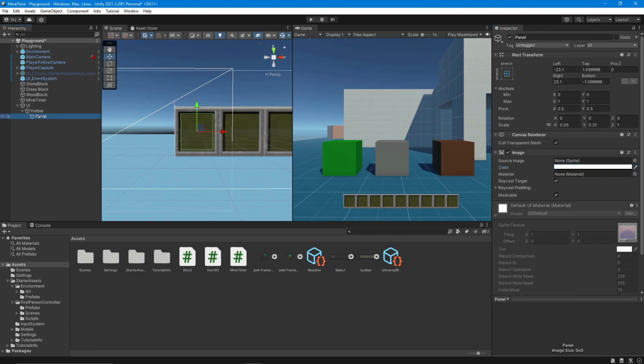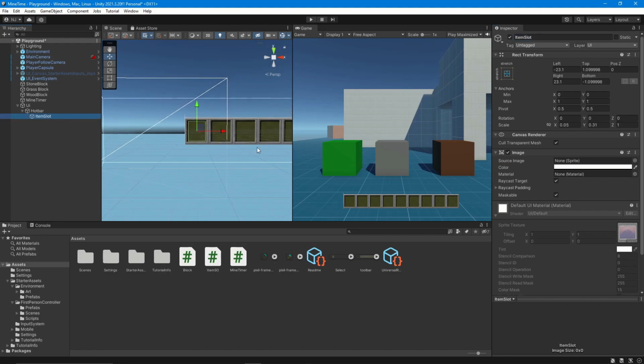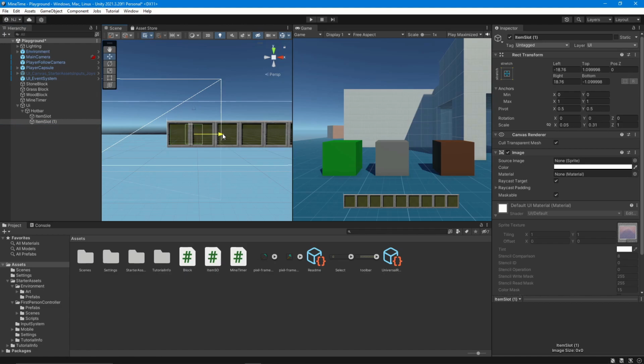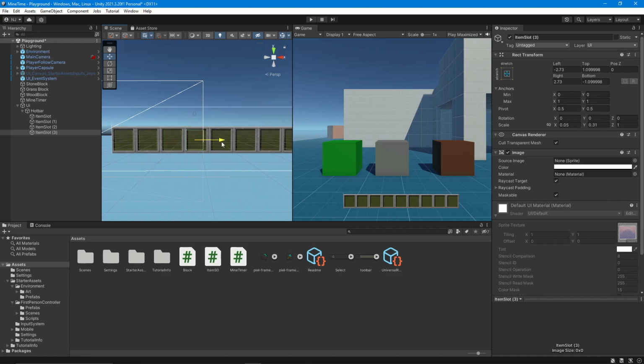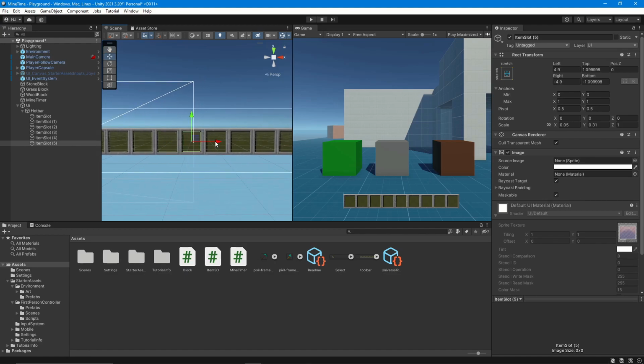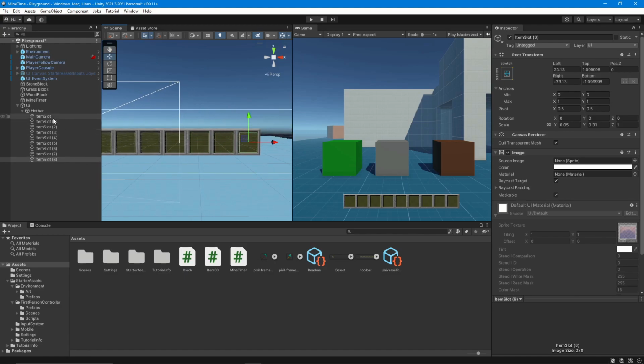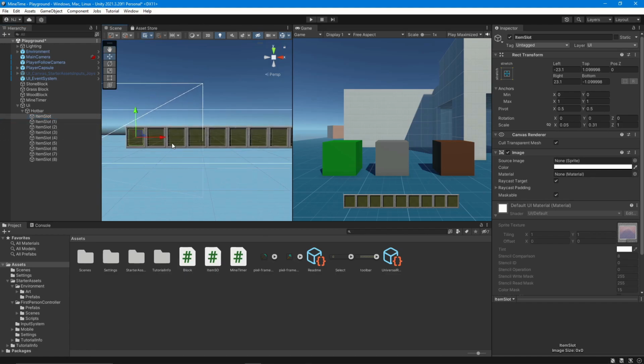And so once we have this first panel, and we'll actually rename it to item slot, we can go ahead and duplicate this. So just press Ctrl D and simply move it to each of the item slots. We'll duplicate this. Alright, so now we have a panel for each of these item slots, and whenever we actually get into the code, we'll be manipulating the source image, and we will throw in the sprites corresponding to whichever item is in that slot. And then lastly, to finish out just the visual aspect, we are going to need to add the